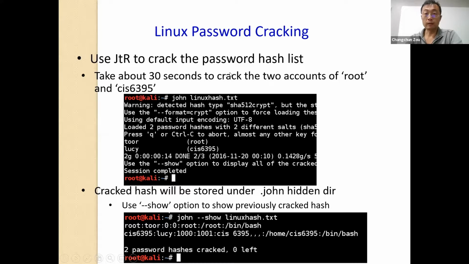It takes 30 seconds to crack the two accounts. Actually, you might try; it takes just 1 second. I don't know why, this slide was created last year, so I don't know why it took so long. But